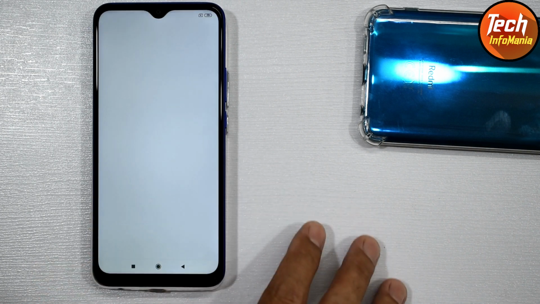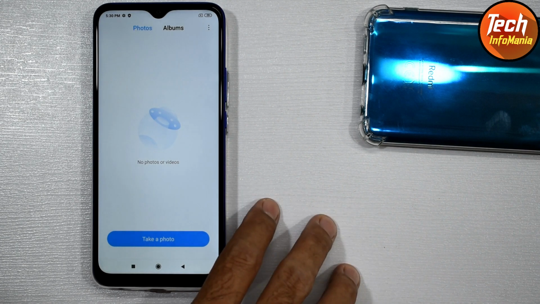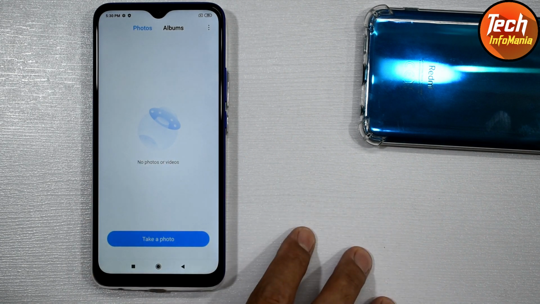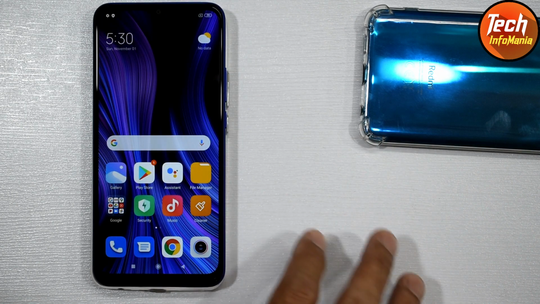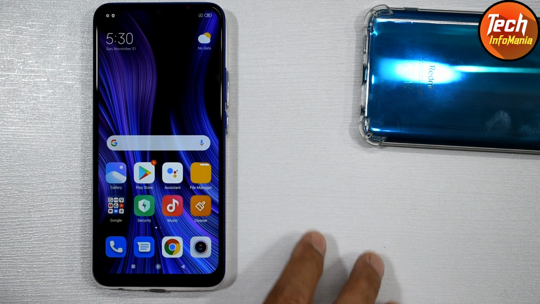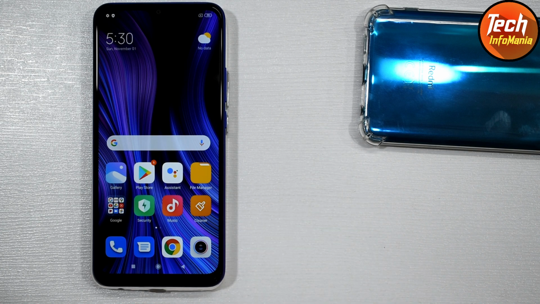If you are trying to flash the China region ROM on Redmi 9, then the first thing you have to do is save all your data from internal storage. This flashing procedure will format internal storage, and the data will get wiped out. Also check that the battery is charged to a minimum of around 50%. We need a data cable and a computer for downloading a few files.